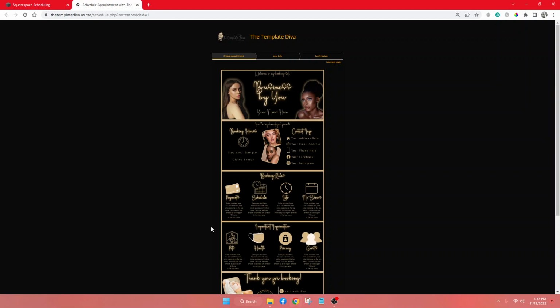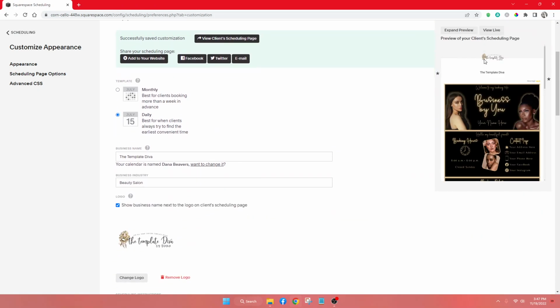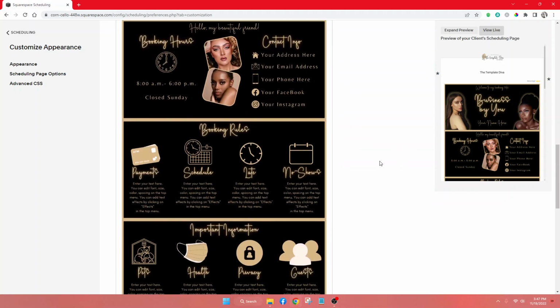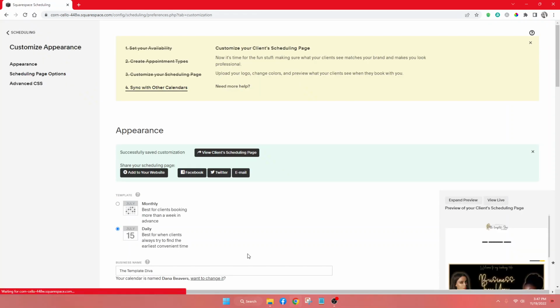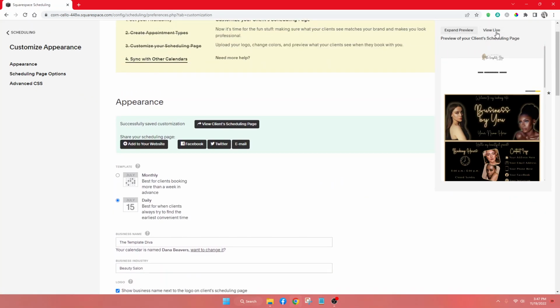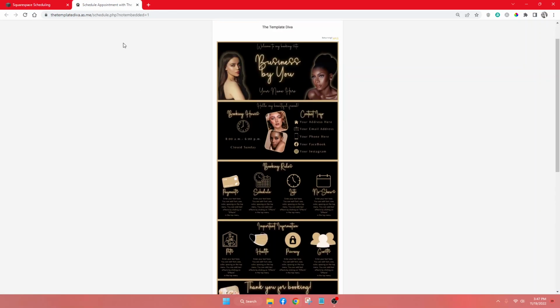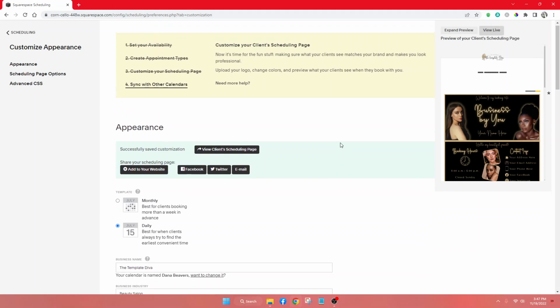Then you can go out there and do view live and this is what you're going to see. If you do daily, notice how it took that background off. And you'll go back. Well, see, I didn't save it, so it's not going to show me that. Once I save it, see the mistakes I make? Now it'll say it's like that. So the only time you see that colored background is when you're in monthly.